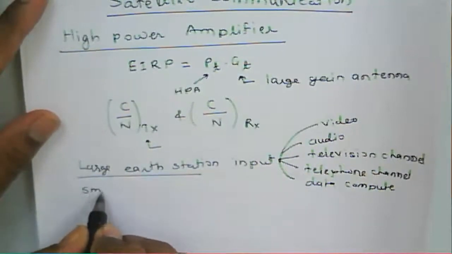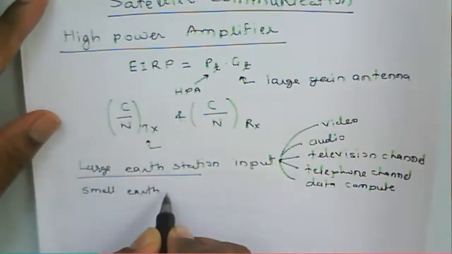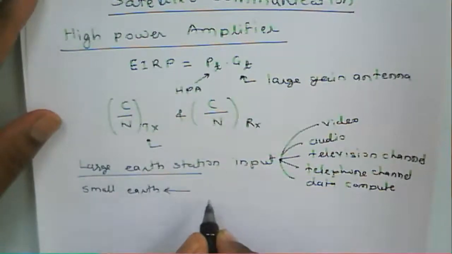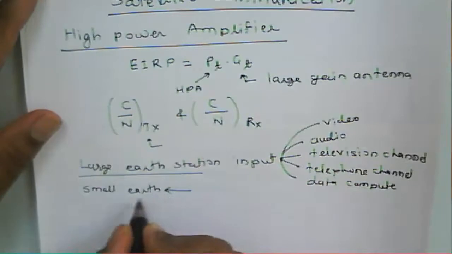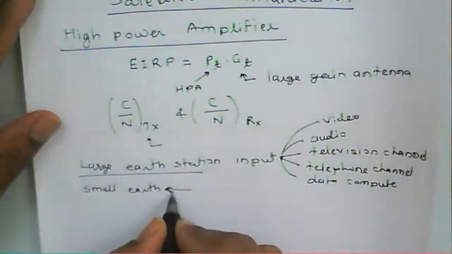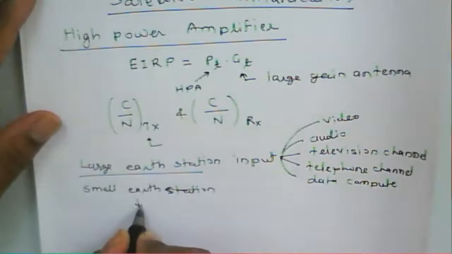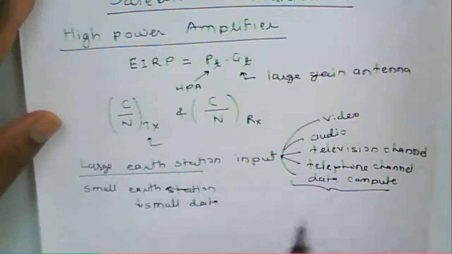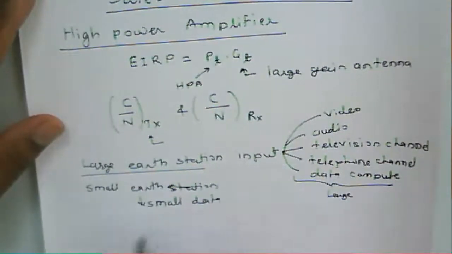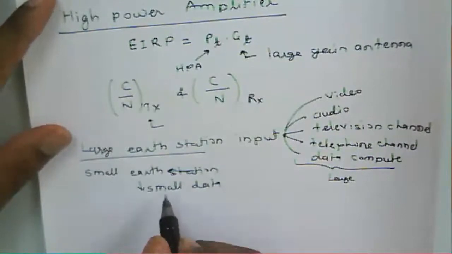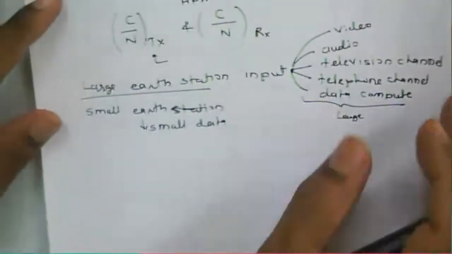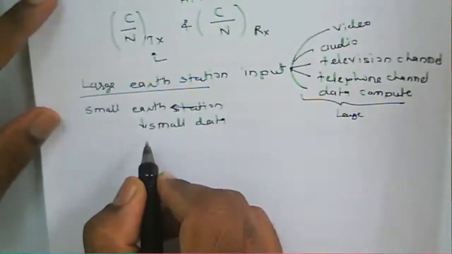But if you consider a small earth station, what happens? The requirement is small here. A small earth station handles a small amount of data, and a large earth station handles large data. That's why the power to be transmitted from the small earth station will be in terms of a few watts,